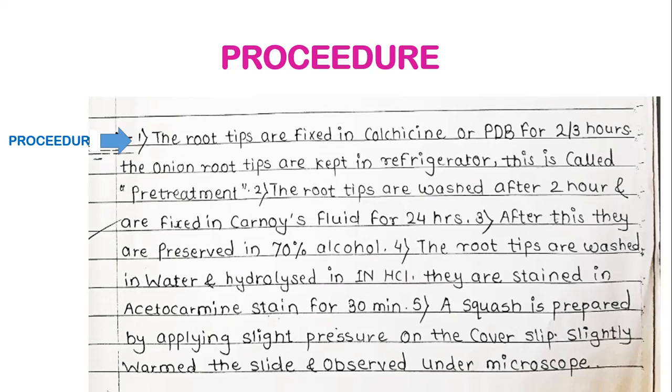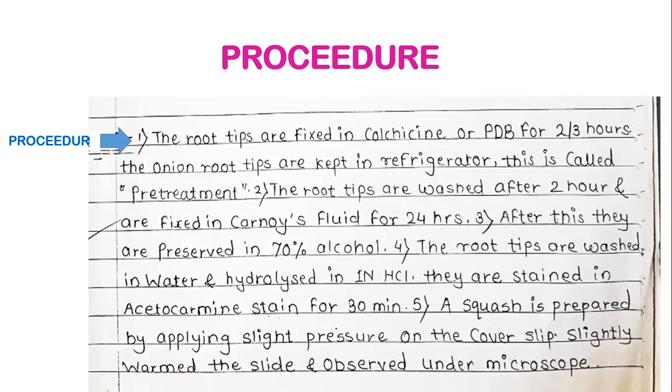Then you will add pink color stain. This we already done before. Acetocarmine is the stain. Add 1 or 2 drops of acetocarmine so that the root tip is completely stained. Keep it for 20 to 30 minutes. Now, in between, if the stain dries, again you can put acetocarmine stain. The root tip should be in the stain for 20 to 30 minutes. After 30 minutes,